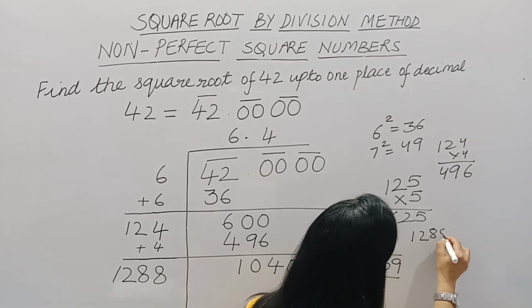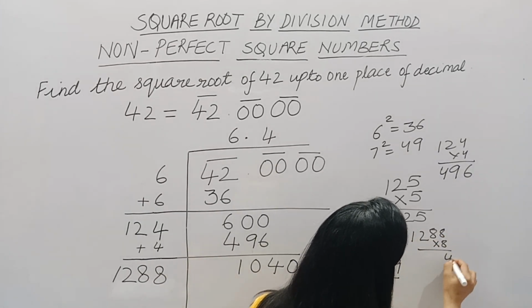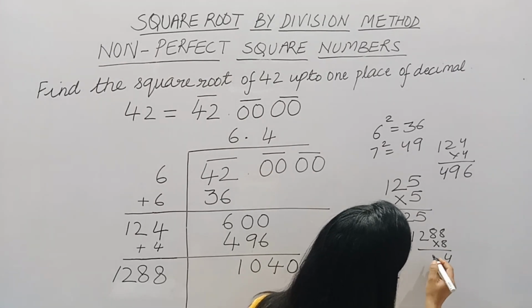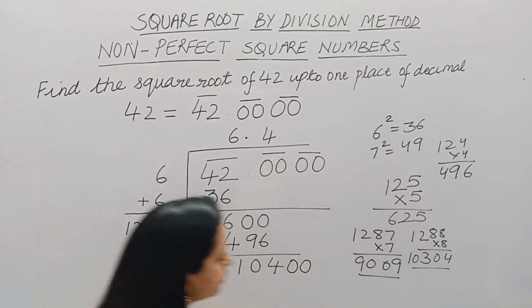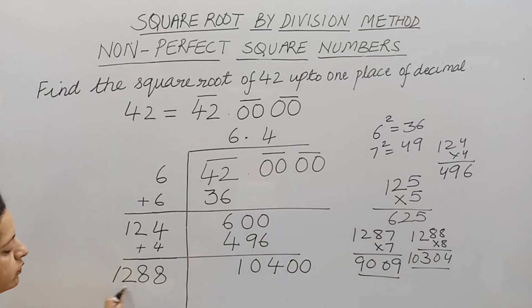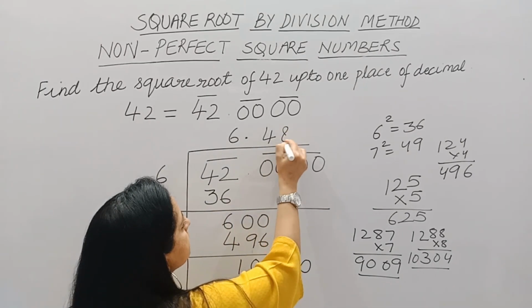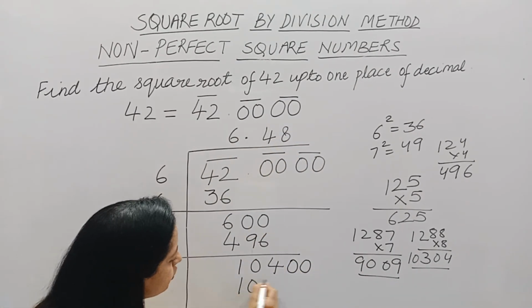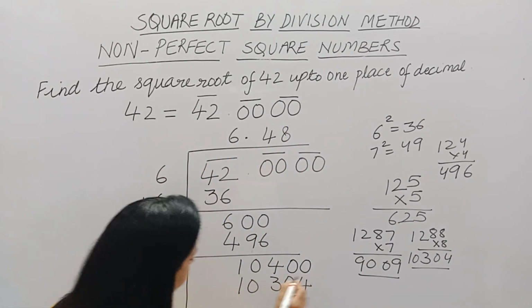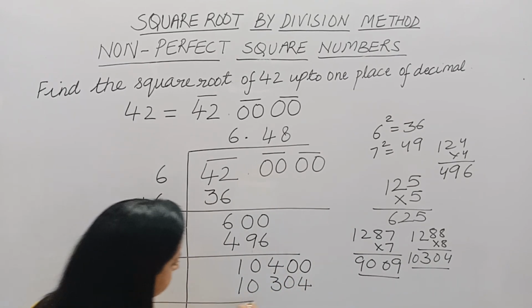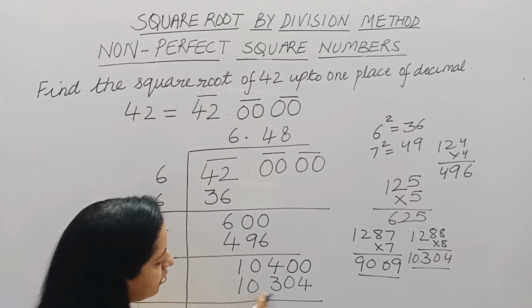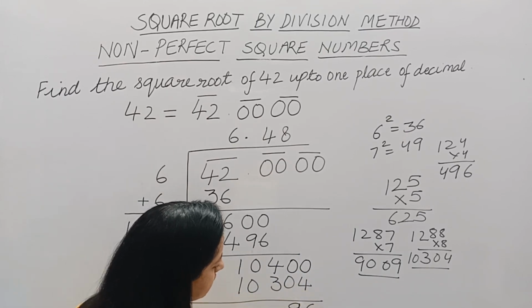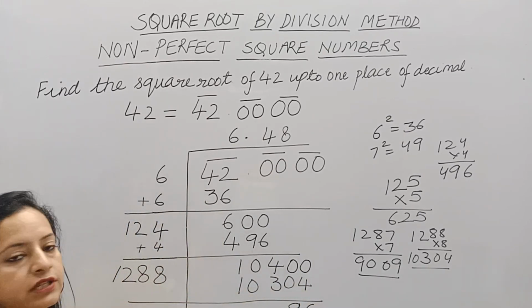So we can write 16 plus 7, 23, 3 carry 2, and 10304 is... So we can write 1288, and here also we will write 8, and we get 10304. Subtracting this, we get 10,400 minus 10,304 is equal to 96. Now since we needed to